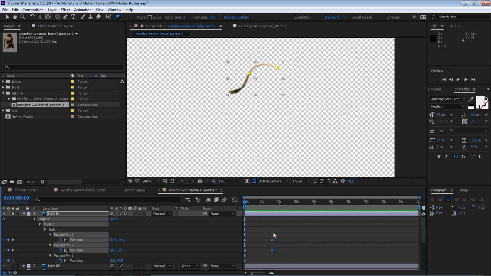Now this is really cool. We can add a whole bunch of keyframes and make it seem like it's blowing in the wind. But what we're gonna do is write a simple expression to do it automatically for us. So let's take these keyframes and just hit delete. And what we're gonna do is go to pin number 3, go to the position, and on the stopwatch, holding